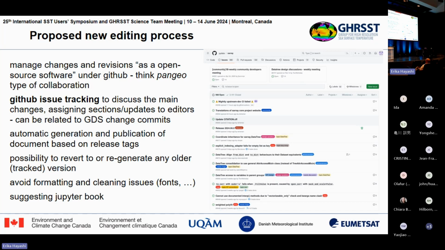So this is an example on the right, where for a software you have a list of issues with their own threads of discussion, and you can assign people to implement a specific issue, or at least to come with a proposition and discuss online, then merge the different contributions and so on. So this is really the way that we want to experiment, to move more quickly with updates of